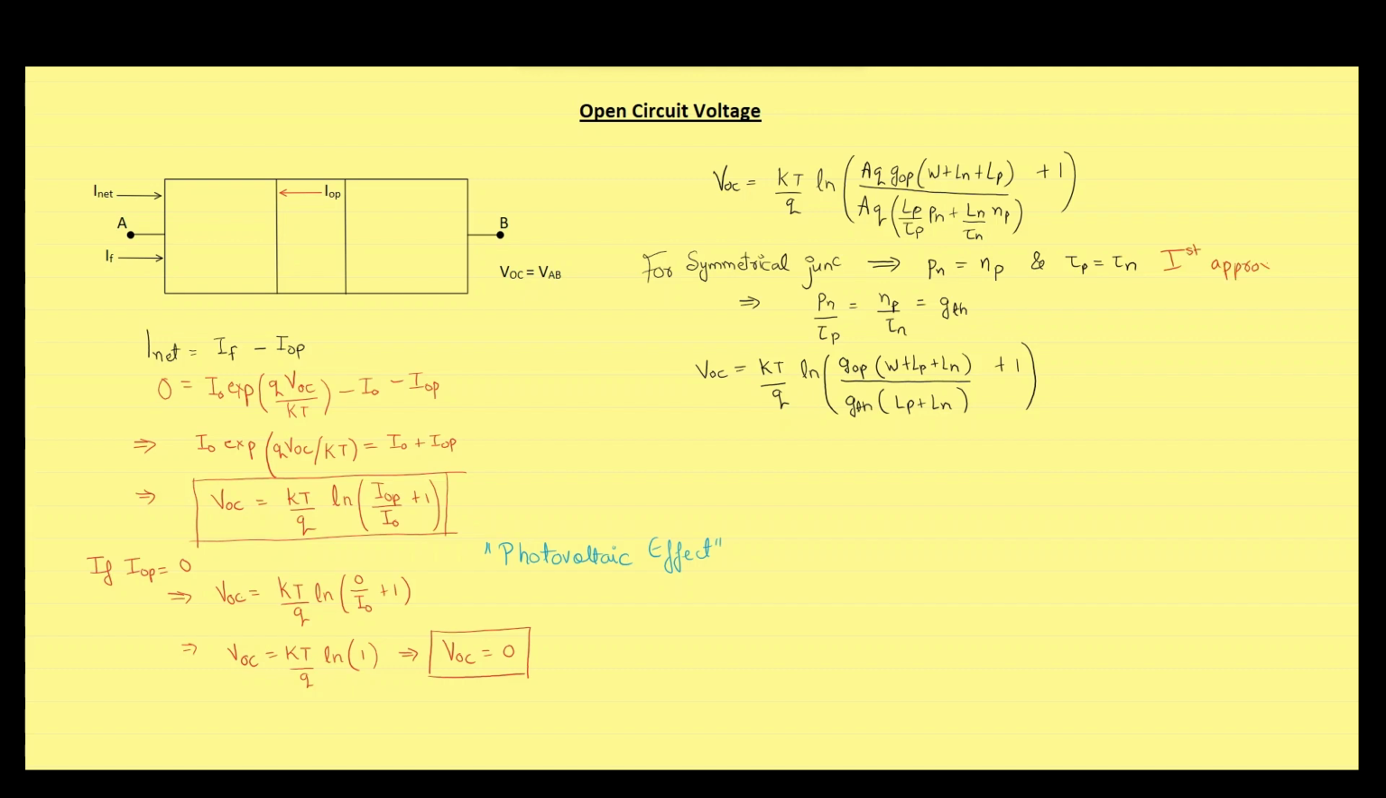This was our first approximation. Now, second approximation we consider is the diffusion length of free electrons plus the diffusion length of holes is much greater than depletion width. By considering the second approximation, we can ignore the depletion width in the numerator of the expression such that the open circuit voltage expression will become